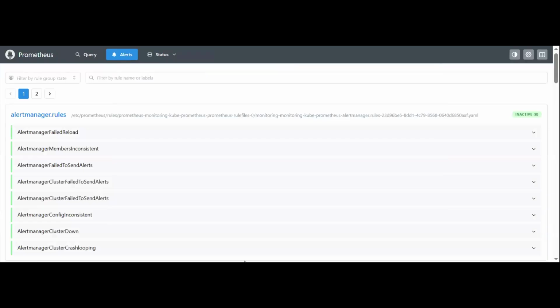That means you can open one more Ubuntu page, and there you can just